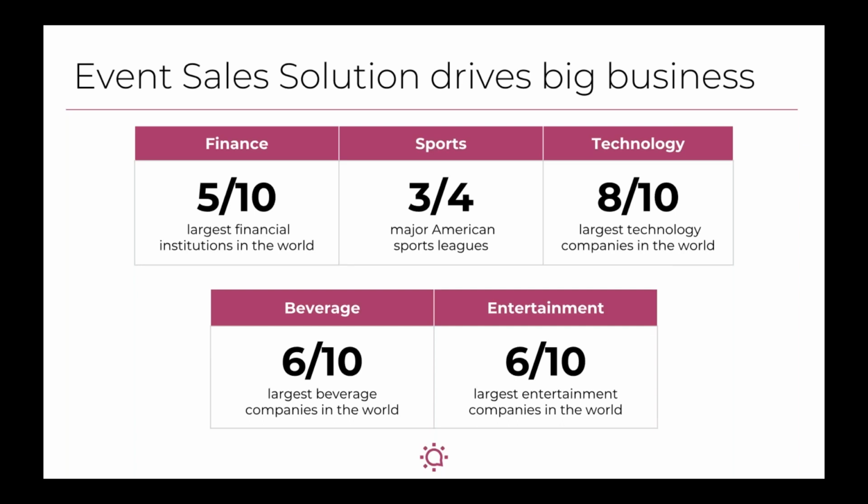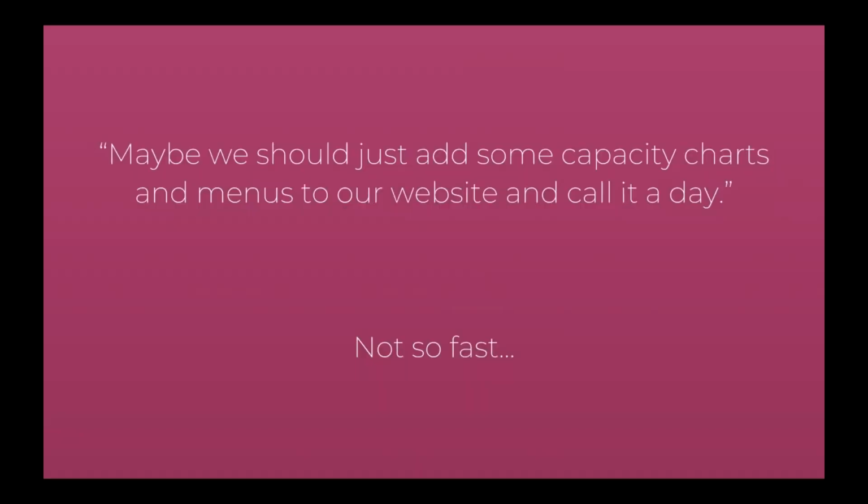We've also seen a particularly interesting spike in activity with properties who have included their restaurant space in the Social Tables presentation layer instance. It's something to keep in mind if you are known for F&B within your portfolio or at your property. So gone are the days where capacity charts are cutting it and menus on our websites are working to drive leads.